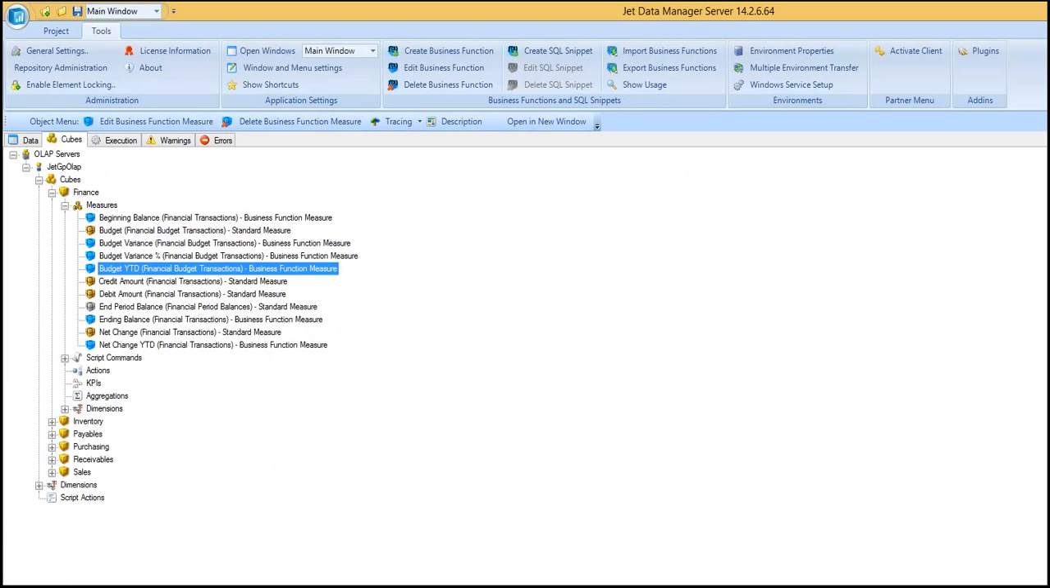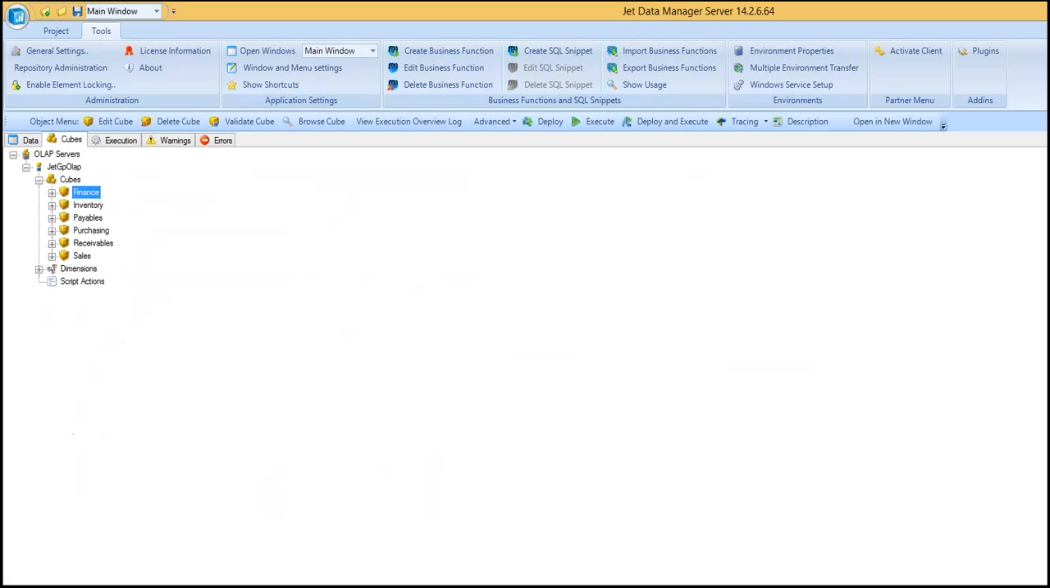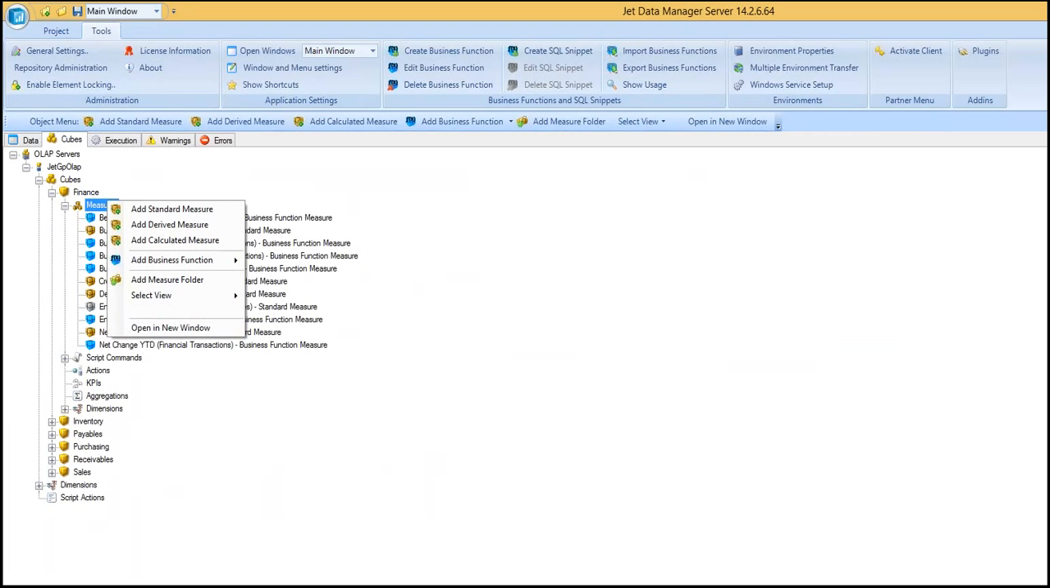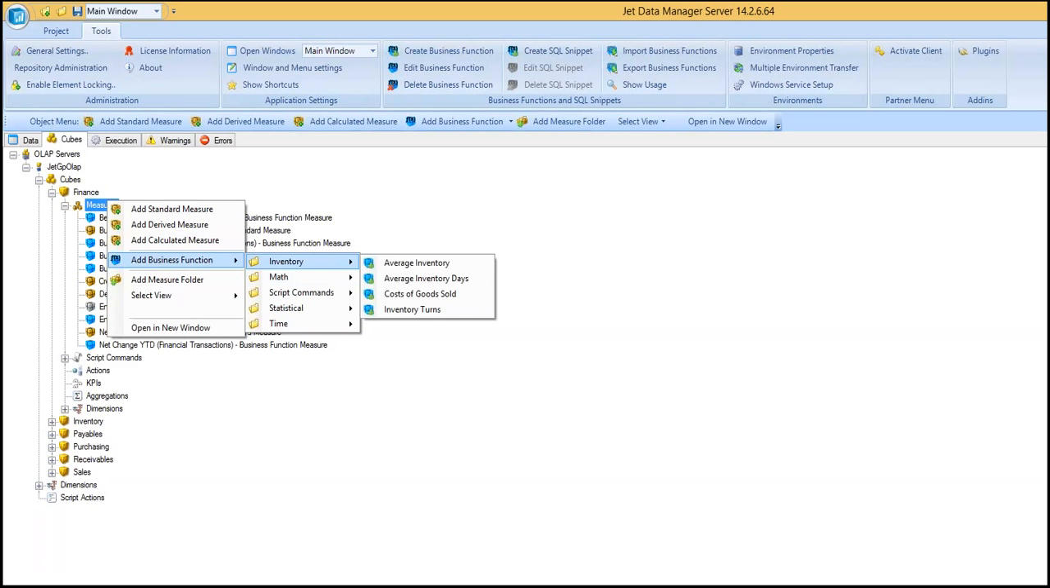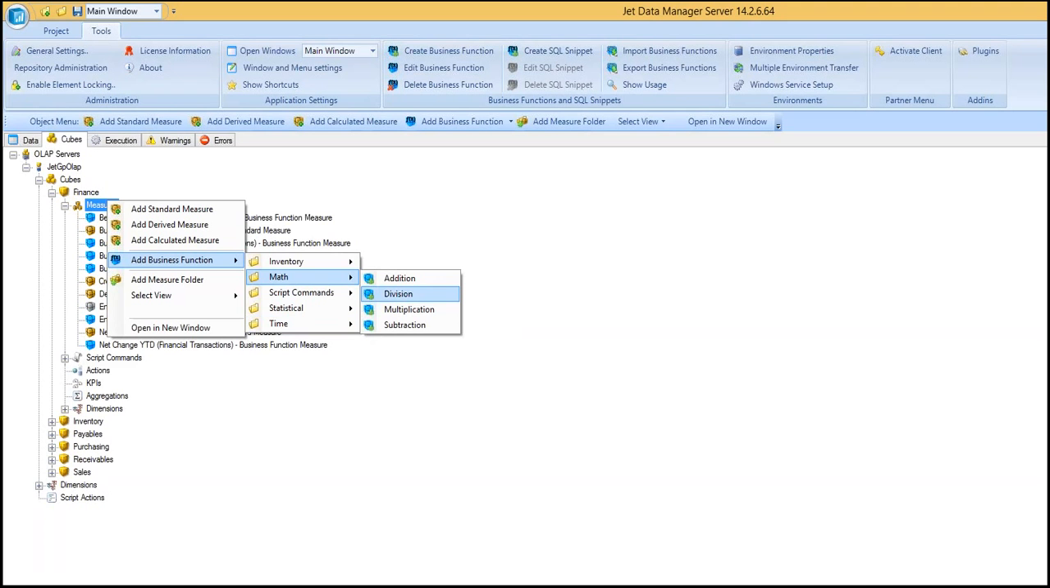All right, let's take a look at the Jet Data Manager. Here in the Jet Data Manager, when I right-click in my cubes, well, let me just show you where we're at. I'm on the Cubes tab. I'm looking at the Finance cube. I expand the Measures node. I right-click Measures, and you can see, it's really easy to add a standard or derived or a calculated measure. And if you have business functions installed, you have access to all of these predefined measures that you can now add to your project. If I take a look at the math division measure,